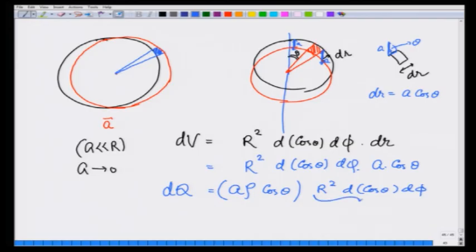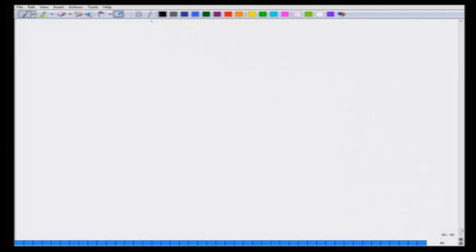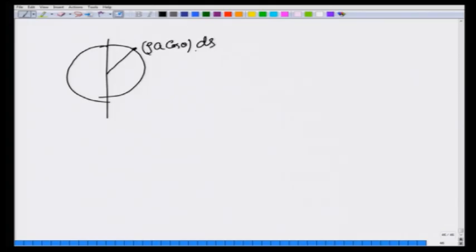Recall from one of our previous lectures, this is nothing but the area element in the radial direction for this sphere. So, this is nothing but rho a cosine of theta dS. So, what I have in the situation now, if I think of this as a single sphere, I have positive charge here, which is rho a cosine of theta dS, which I can write as the surface charge density sigma times dS, where sigma depends on theta